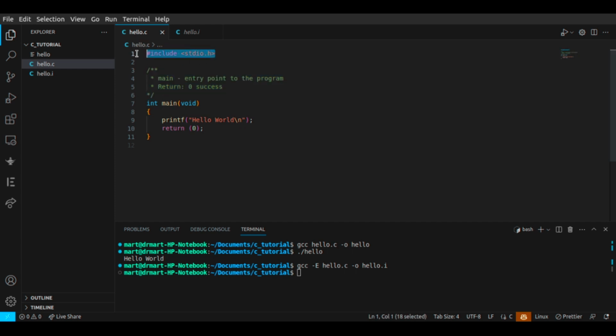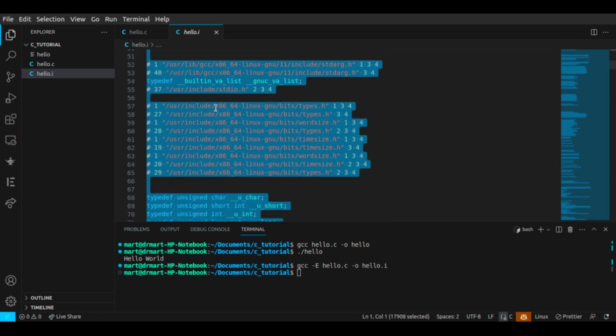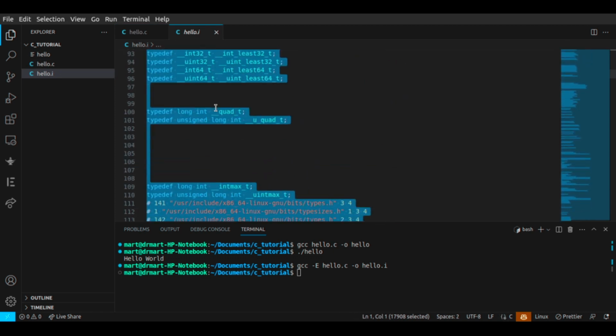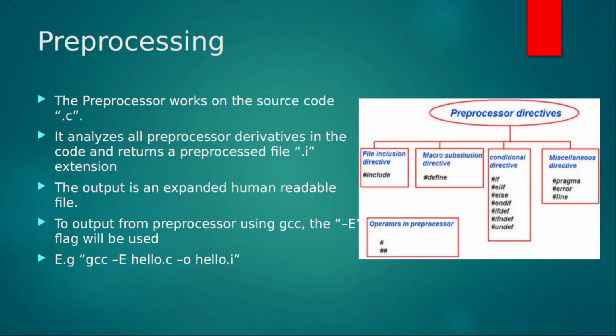It adds everything that you are including. So everything in this header file is now going to be added into our source code. So our source code becomes expanded with hello and outputted as hello.i. So that is what happens in the preprocessor. Going back to our slides,